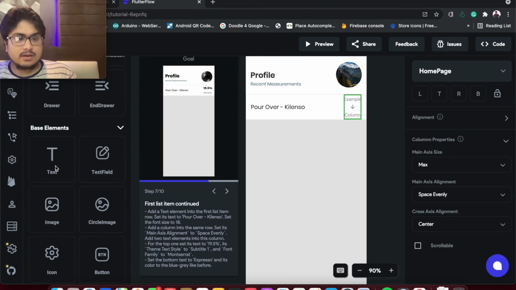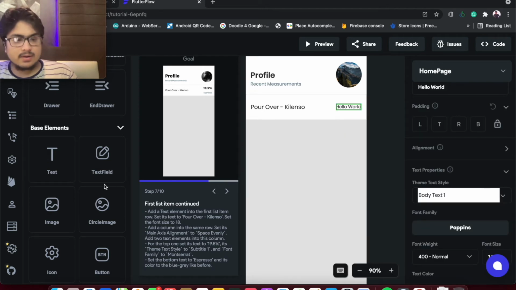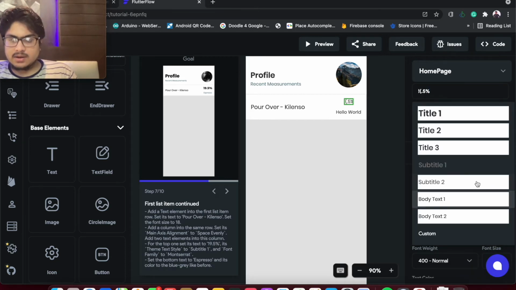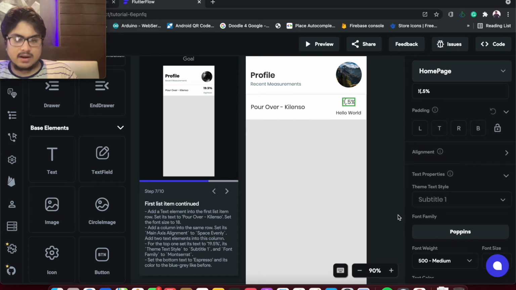So let's add the text here, 1 and 2. So for the top one we'll write 19.5%. Its theme to subtitle 1 and font family 2.